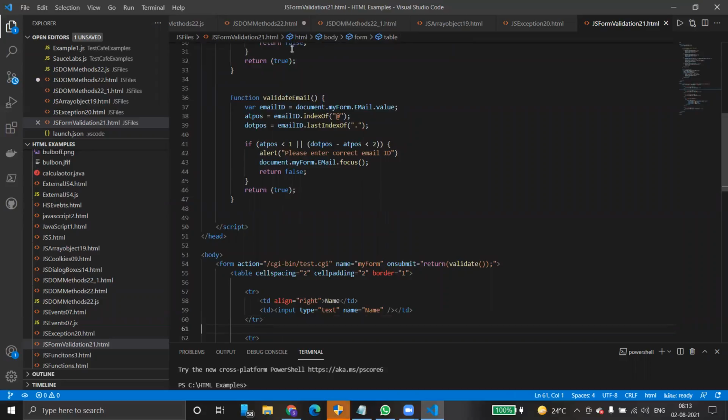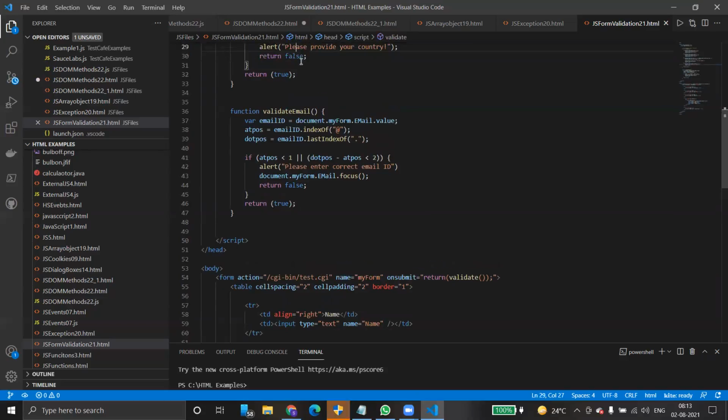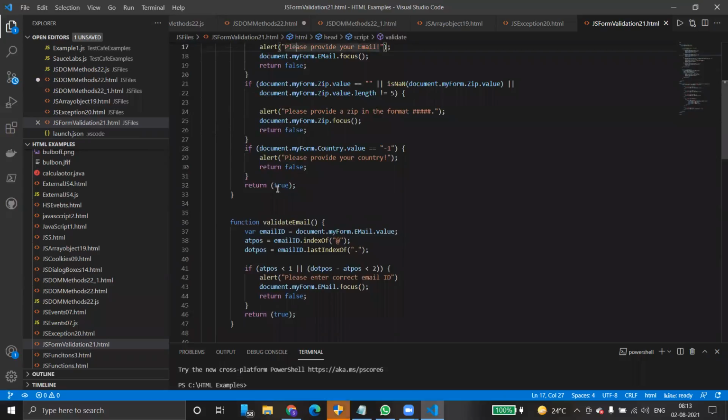Finally, it returns 2 if you enter every value, all the values. Otherwise, it returns false. Okay. So validate email is also there. Here you can see how to validate email. First, we have taken the value into a variable, email ID,